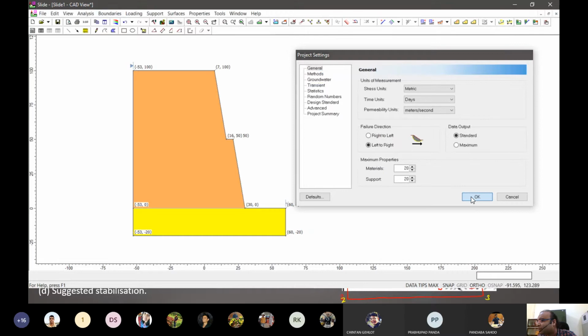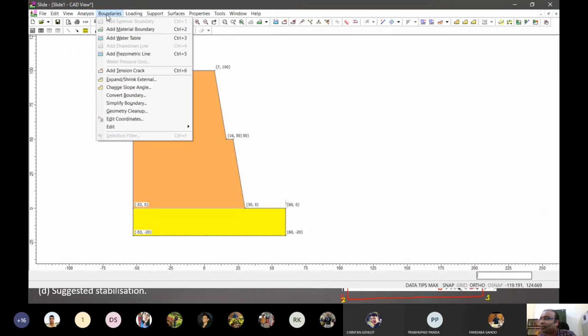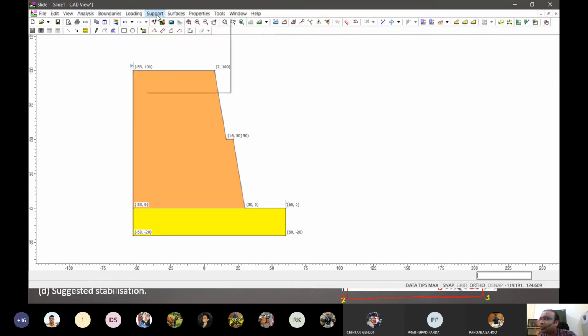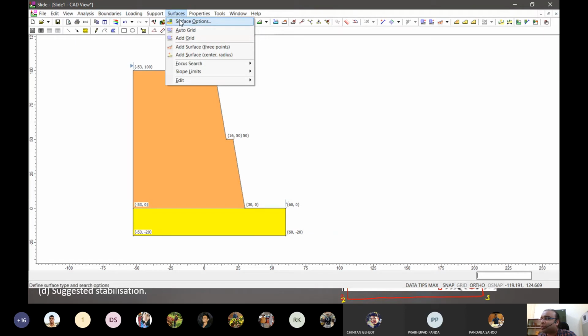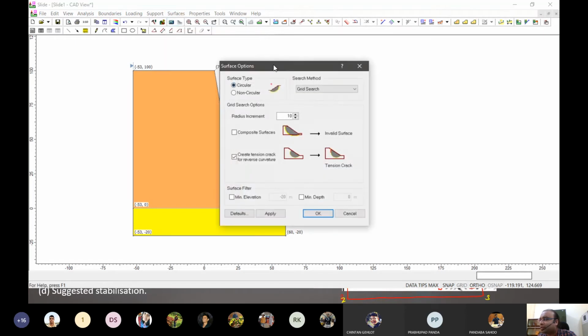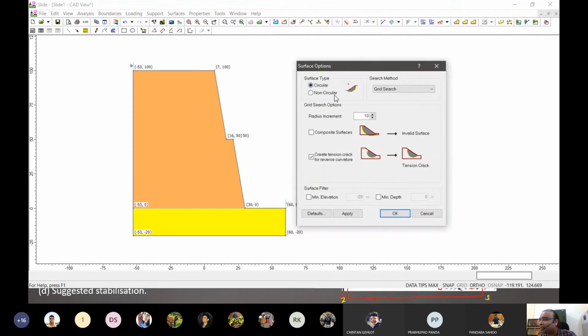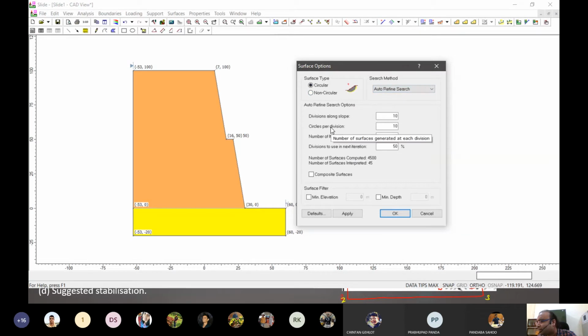So let's click OK. And for now we have to give the gridding, because we are working right now in limit equilibrium, sorry. So let's give a circular failure but auto refine search, and divisions along the slope can be increased.